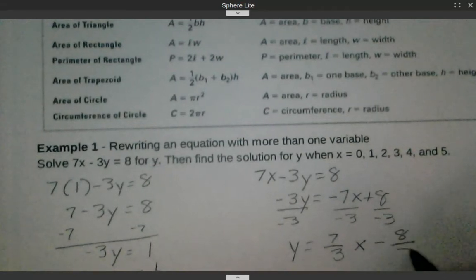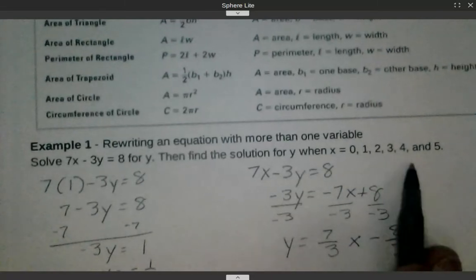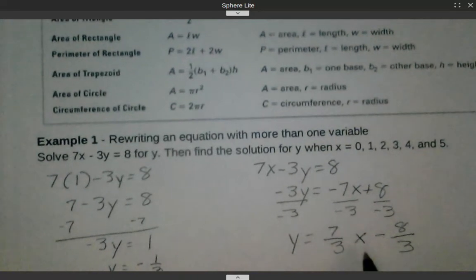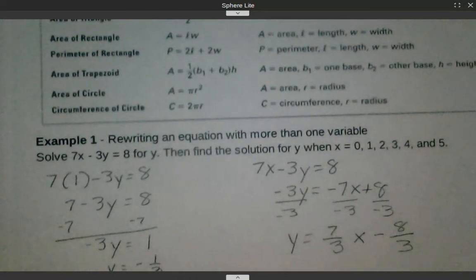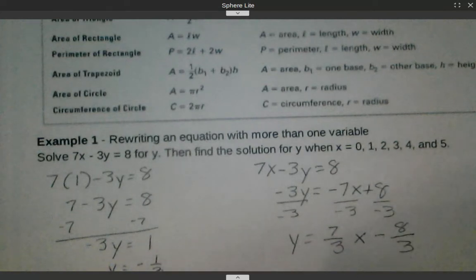minus 8 over 3. Now, I'm going to plug in all these values of x. Fortunately, since we have some fractions, there is an easy way to do it, and that way is to use a graphing calculator. There will be another link attached to this showing you how to create a table of values so that you can quickly find these values. But when x equals 0, y is equal to negative 8/3. When x equals 1,